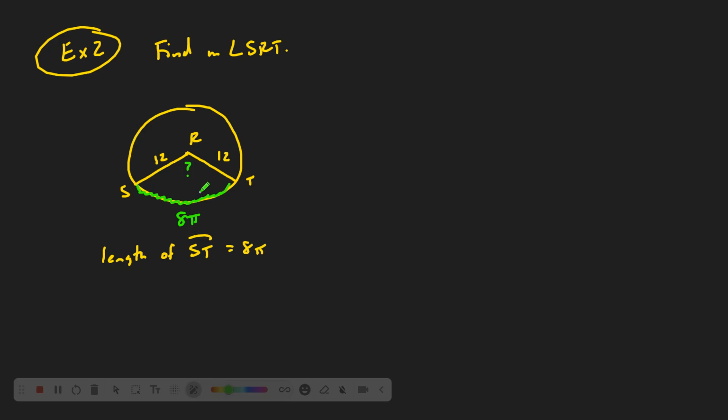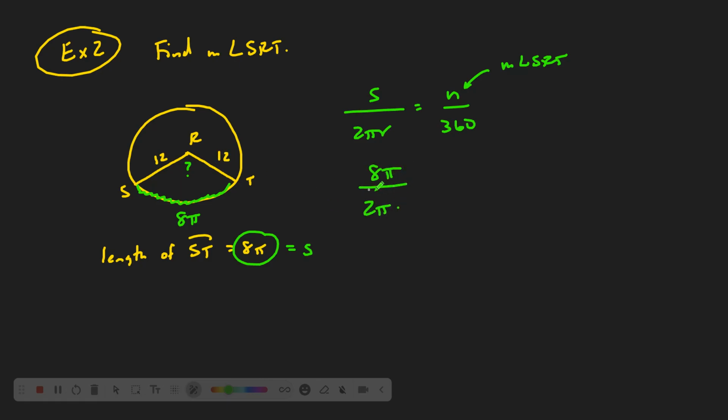All right, so let's remember that the N value, which is the arc measure, is equal to the angle measure. So in our formula, S over 2 pi R equals N over 360. This N is also the measure of angle SRT. So if we find N, we have the angle measure, because again, the central angle equals the arc measure. So let's fill in what we know. So this 8 pi is S. So 8 pi over 2 pi, your radius is 12,